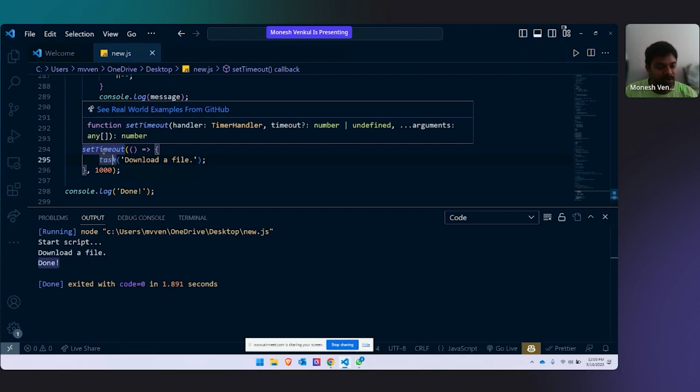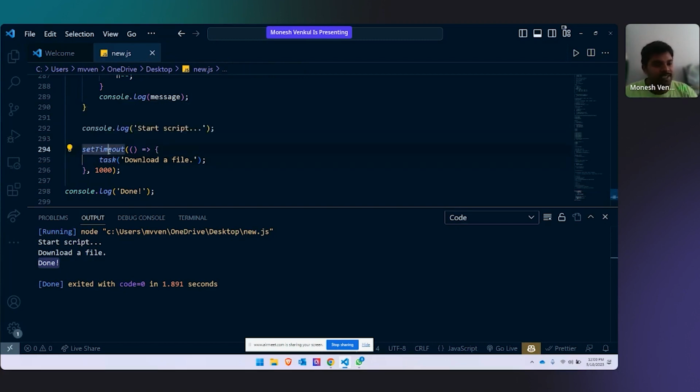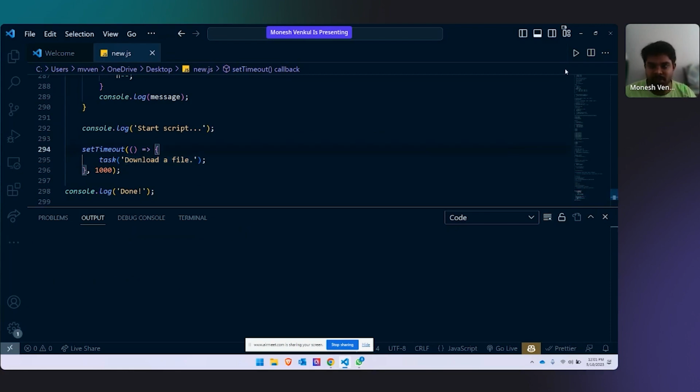I told you that in today's class we're going to learn about two important things: set timeout and set interval. These are the two important concepts you're going to learn in today's asynchronous class. This is about set timeout. What set timeout does is it runs this download a file after 1 second. For example, if I run this code